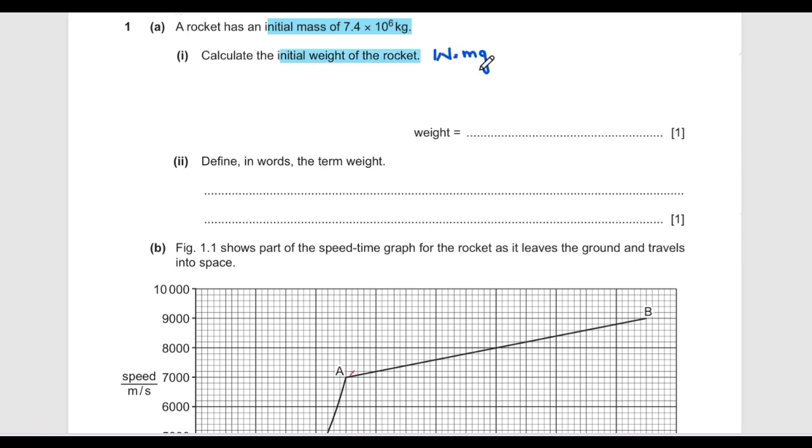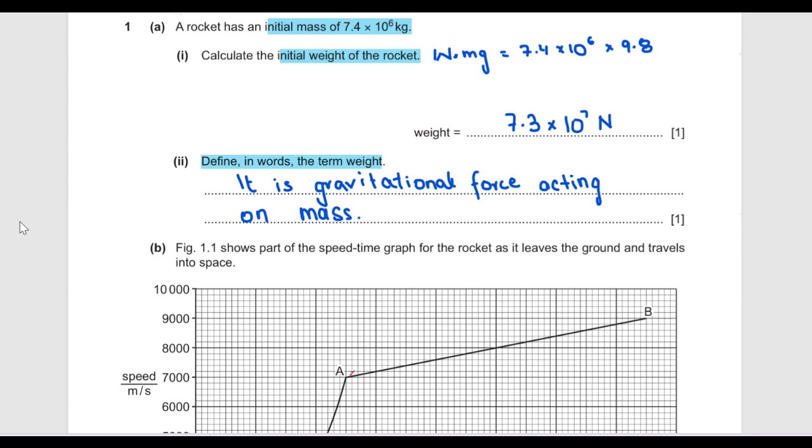Weight is equal to m times gravitational acceleration. Mass is 7.4 × 10^6, and gravitational acceleration is always 9.8. So the answer is 7.3 × 10^7 Newton. Next part of the question is asking to define weight, and weight is the gravitational force acting upon a certain